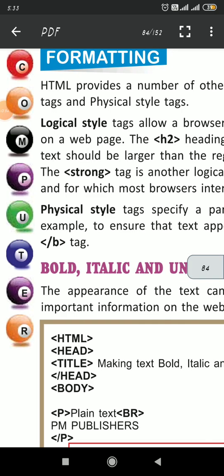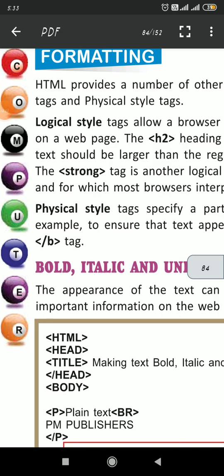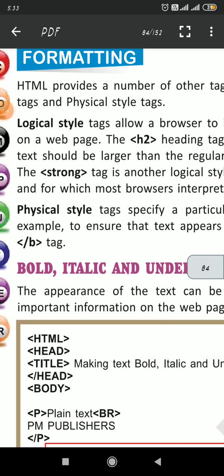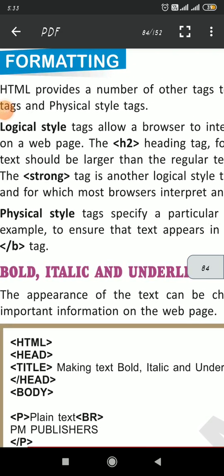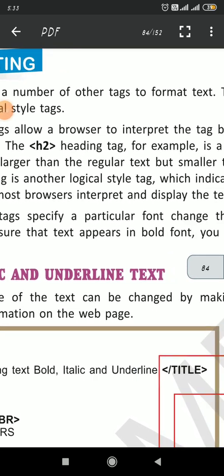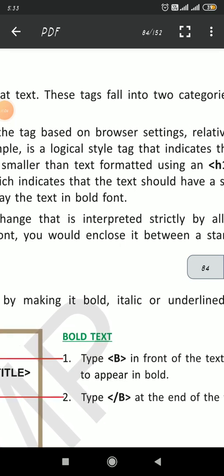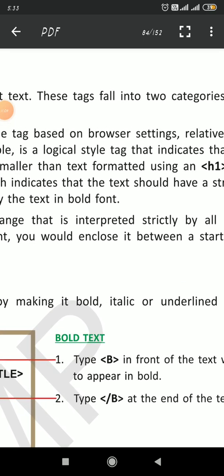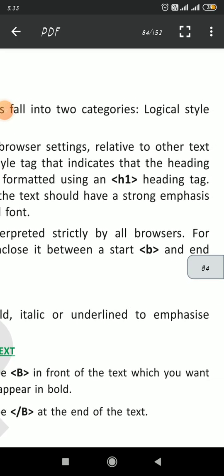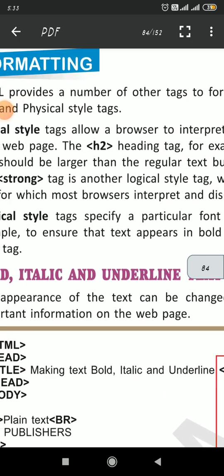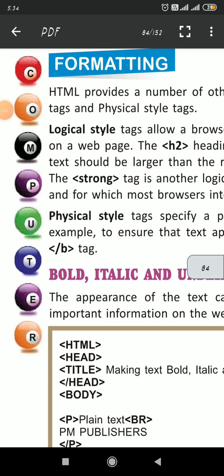So first, logical style. Let's see what this is. Logical style tags allow a browser to interpret the tag based on browser setting. Whatever browser setting is there, it will interpret with that, relative to other text on a web page.